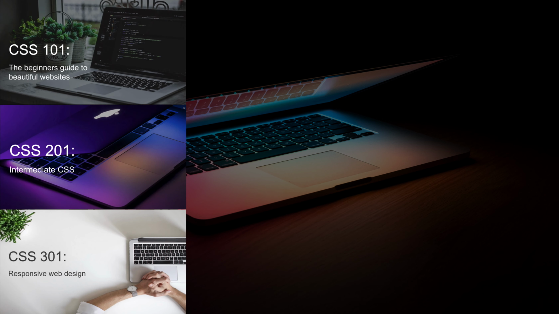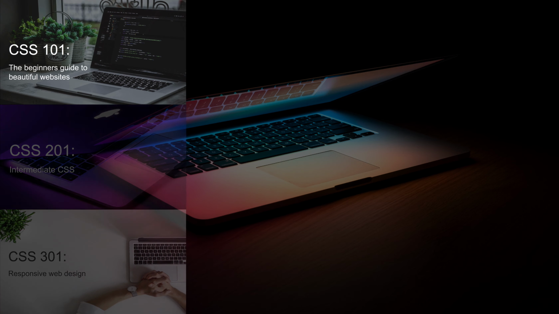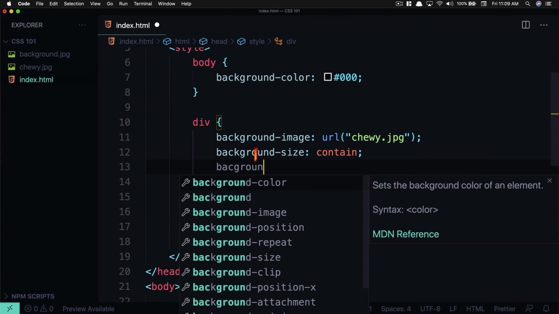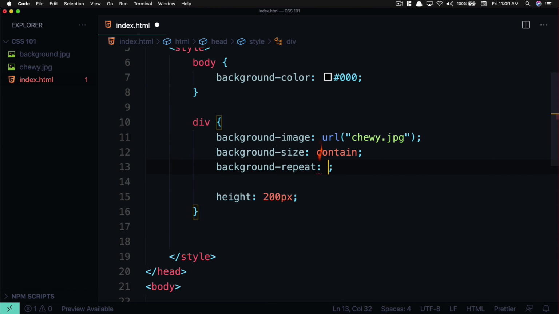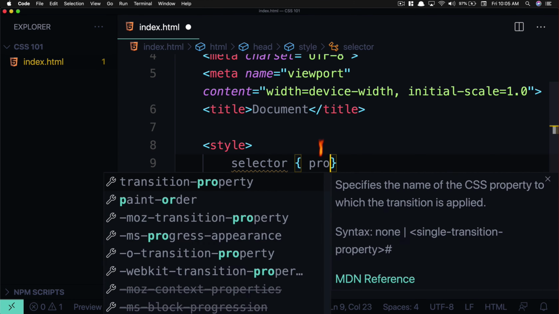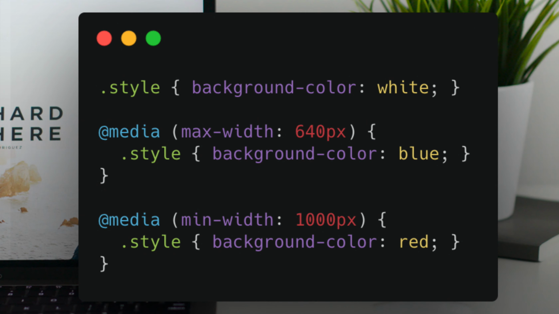This course is made up of 3 mini courses that include CSS 101, CSS 201, and CSS 301. In CSS 101, we're going to get started with making an HTML website look a little more modern using CSS. Absolutely no experience is required for this module. Together we'll start at the very beginning and go all the way through all the basics so you don't miss